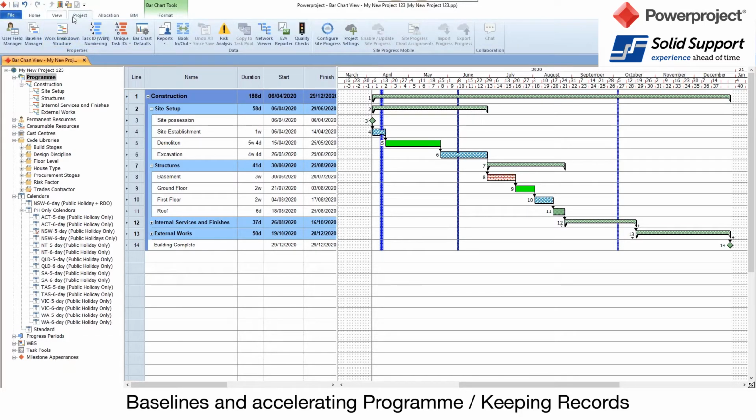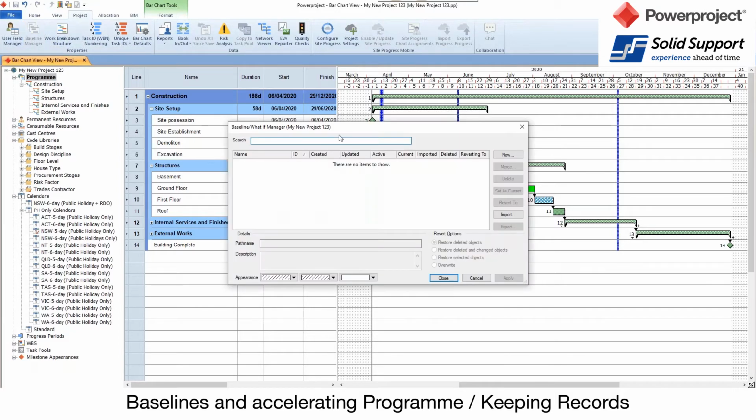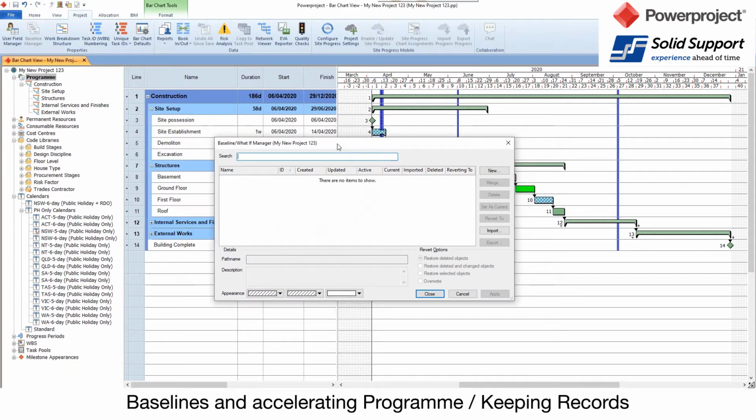So I'm just going to go into the project tab and go to Baseline Manager. And inside here, I'm going to click on Baseline Manager, What If Manager for my project. And this allows me to create a snapshot, a baseline of my project. Now, unlike other systems, Powerproject will actually create,